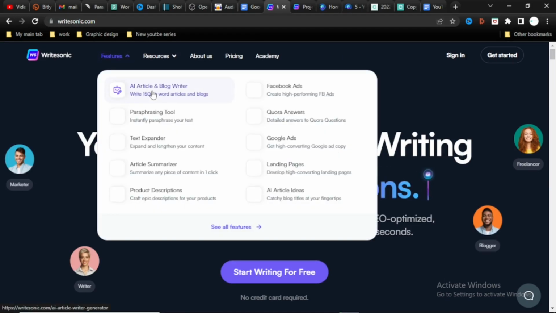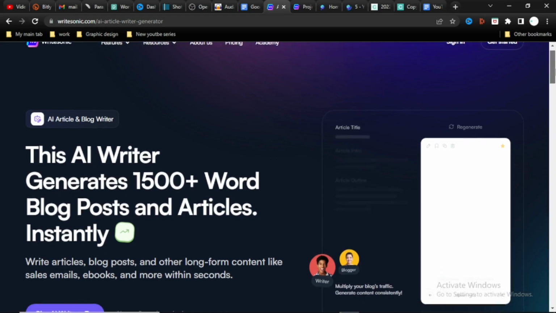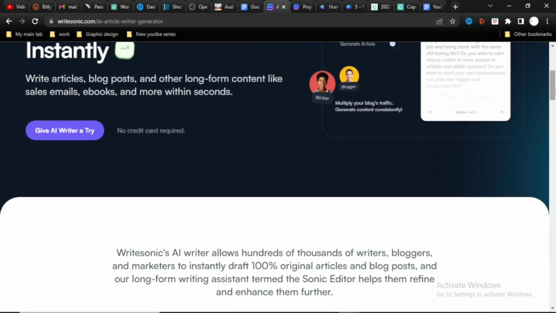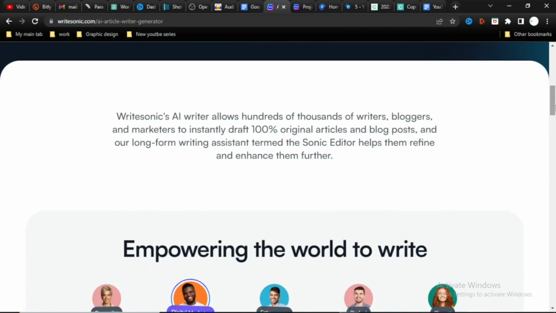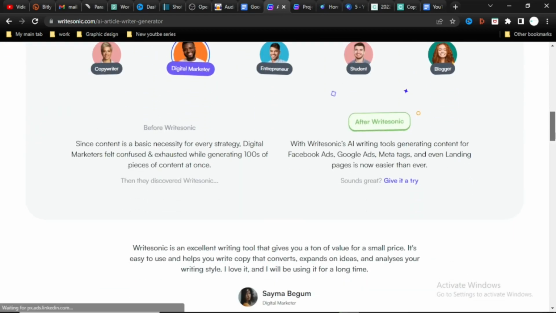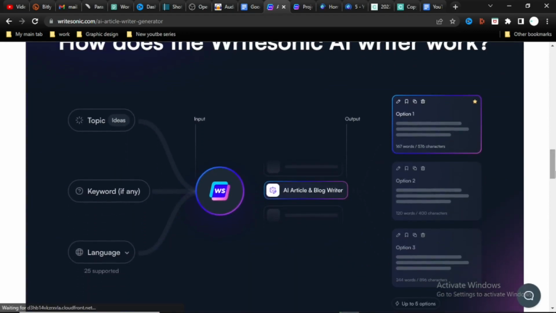Having Writesonic as one of your arsenals is just like having a freelance writer available to you all the time. Writesonic just needs a few keywords, a brief description, or a few sentences to start producing a range of computer-generated results for you. Writesonic is a free AI tool that allows you to generate copies instantly without any hassle. Since Writesonic is one of the best AI writers for long-form content, it will be really great for creating